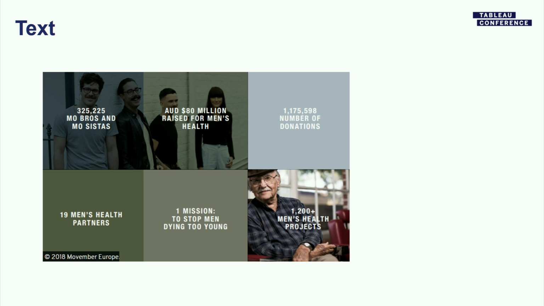There's 3 themes I want you to think about throughout this session. The first is the use of text. And I'm not just talking about custom fonts, although if your organization does use custom fonts, then I definitely recommend to do that. But I also want you to think about what kind of impact the text that you have in your dashboard is making. For Movember, for example, they use really bold, all capital letter fonts. They're trying to make a strong impact with their text, and they're using it to augment the numbers that they put out there.